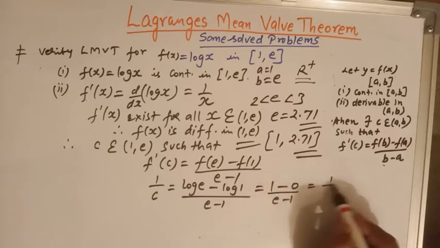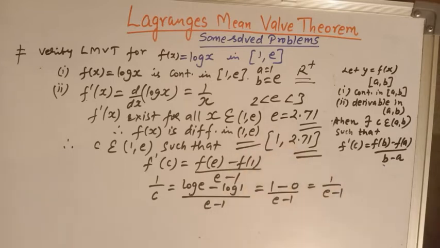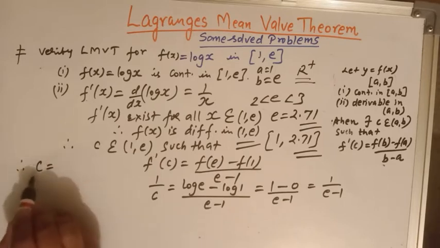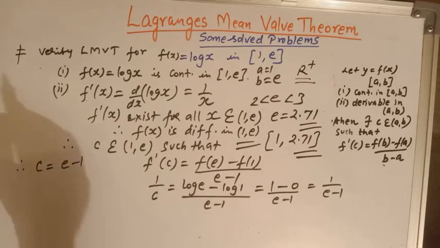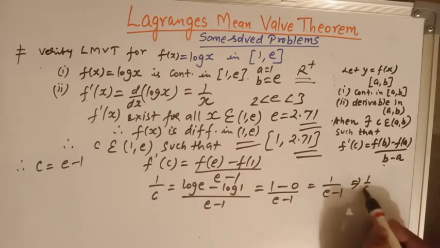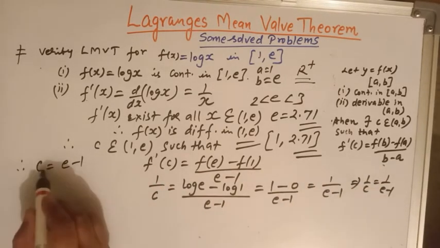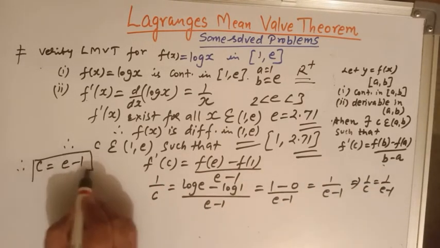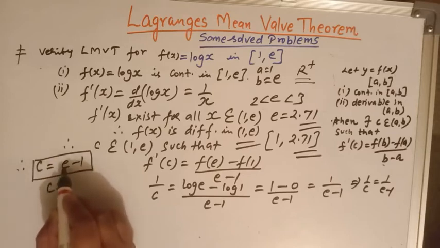So we have 1 over e minus 1. Clear? So therefore we can write c is equal to e minus 1. We take the reciprocal here because we have 1 over c is equal to 1 over e minus 1. So we take the reciprocal. So this is the value of c, and the value of e is